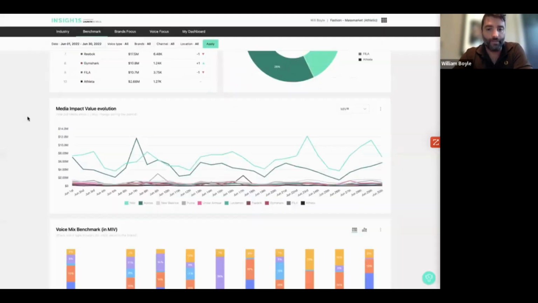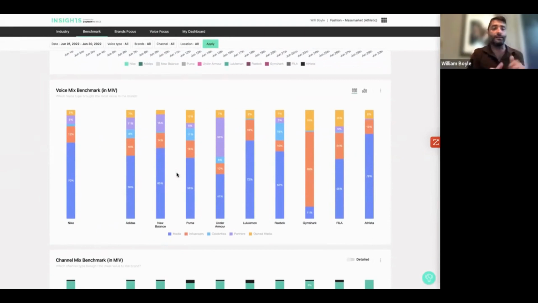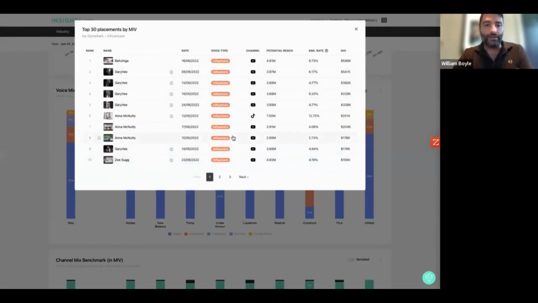So moving on, I can scroll further and get a bit more information around the split. So curious to know where this value is being driven from. And it's interesting, and I think back to an earlier point that Alex made, this is where we can get that extra level of intel on a competitor's strategy, right? So looking here at a brand like Gymshark, the majority of their value, about 69%, is being driven by the voice of influencers. So I want to click through and see which influencers they are working with and what's really driving the value and what kind of content and all that good stuff.